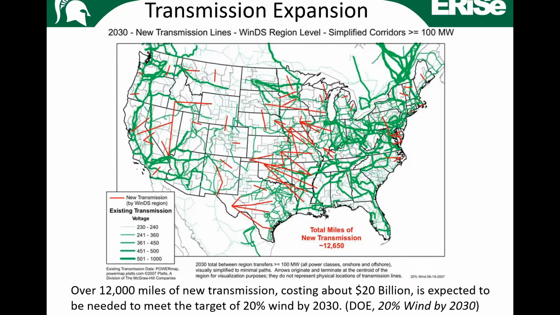Now, are we going to do that? Well, yes and no. Our target is moving, and we may need a balance of all three means of variability mitigation to absorb it. Okay, but we'll definitely need transmission. And I have to tell you that even though that study is 15 years old, many of these lines have been built. Okay, and I forgot to mention that this construction was going to cost $20 billion, and eventually it'll end up costing a lot more. Okay, and I know half that money has already been spent.